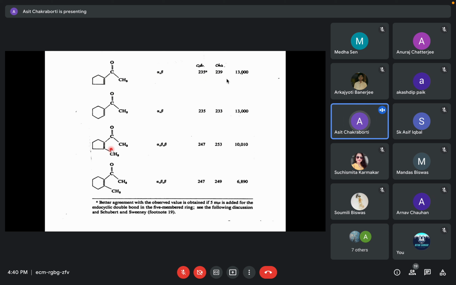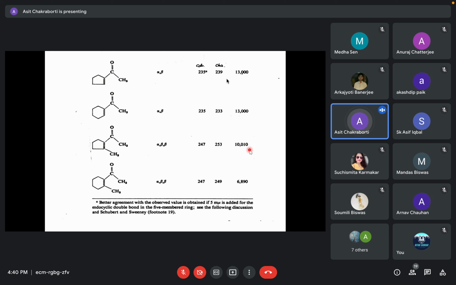Because you have an alkyl group substitution at the beta position, you are adding for that. But there is a decrease in the epsilon value, 13,000 to 10,000. So the moment there is a change in the epsilon values, so far we know, it depends upon the type of transition probability. And transition probability depends upon whether it is a pi-pi star transition or an n-pi star transition. N-pi star transition is a weak intensity transition because the transition probability is very low. It is called a symmetry forbidden transition, right?